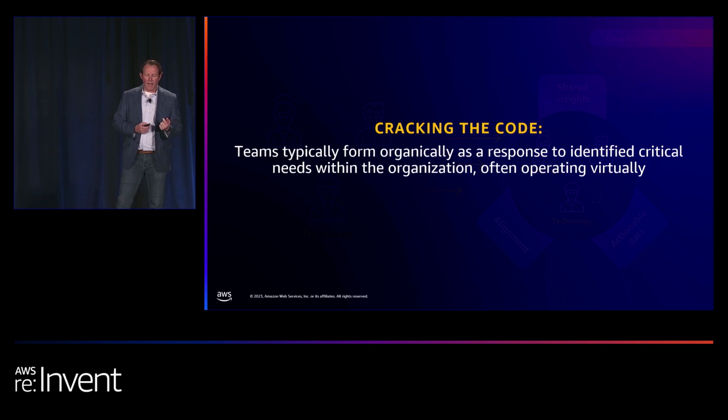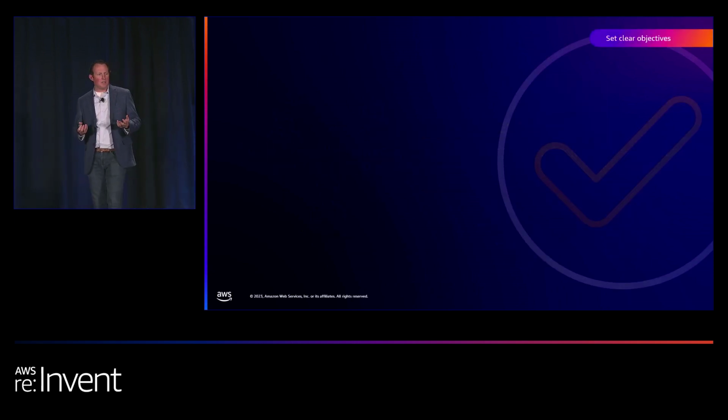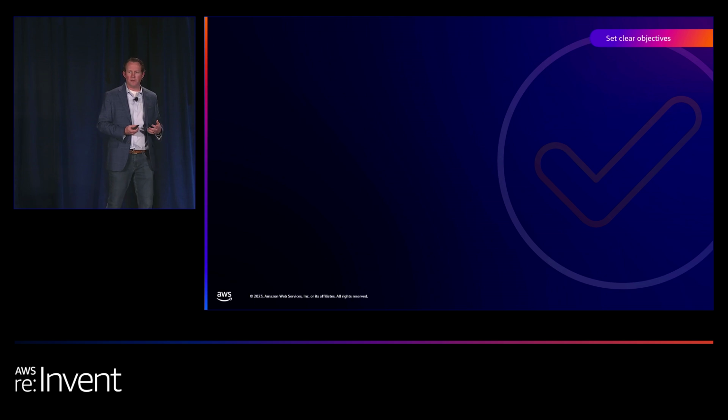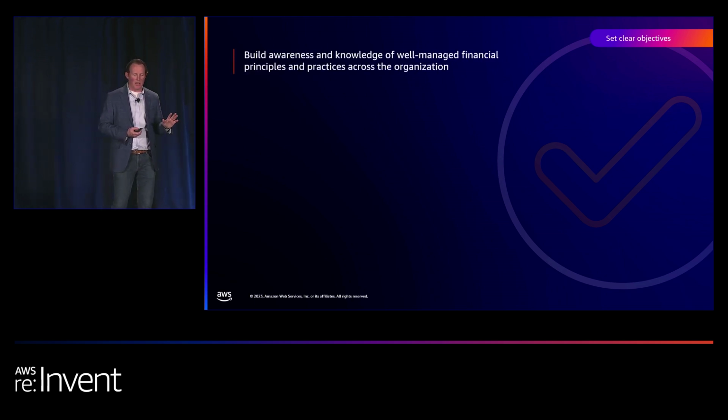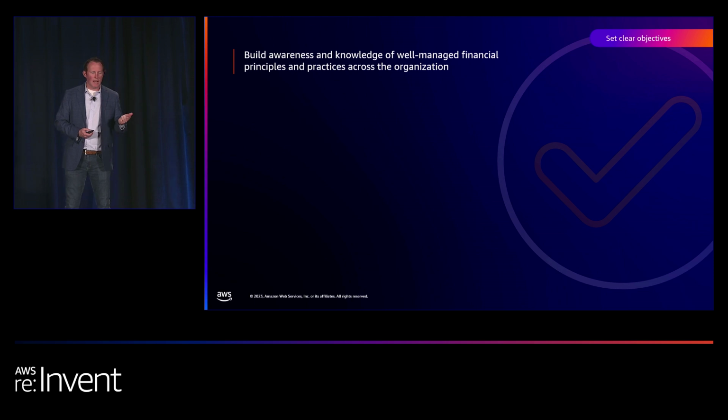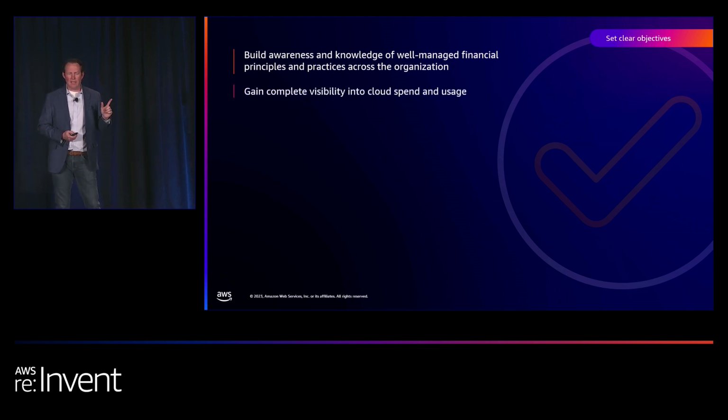Next up are objectives. In any good team, you need some guardrails or principles to leverage as you operate. I just captured what I typically hear from organizations around their FinOps functions. This is not an exhaustive list, but a starting point I thought I would share with you. One is, how do you build awareness around financial principles in the company? Next is visibility, and how do you gain insight into who's spending it and in what way?